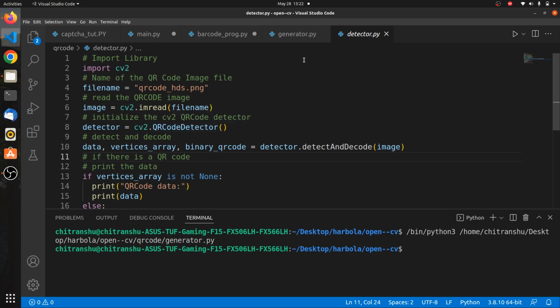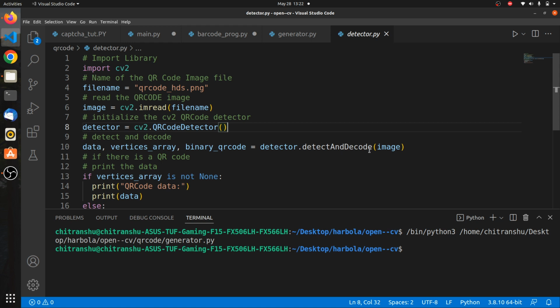Similarly for the detector, we are using the imread function to read the image file. Once we have read this file, we make a detector object, an instance of QRCodeDetector,